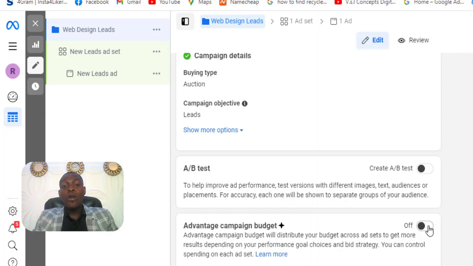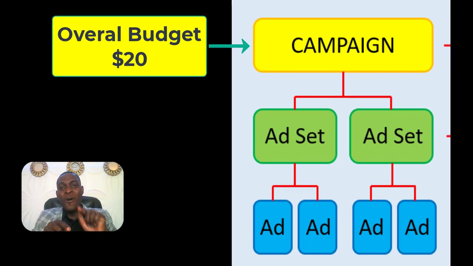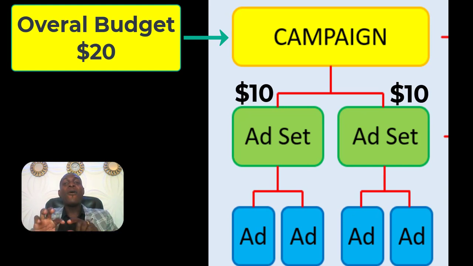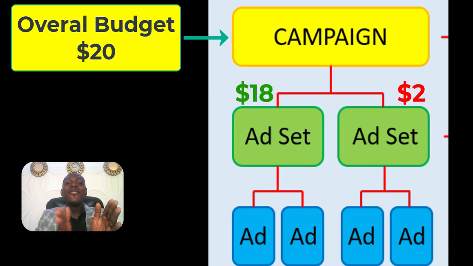Once you turn on this Advantage Campaign Budget, it gives this whole campaign an overall budget. Now, what is the advantage of this? It will look at all the ad sets that you have created. It will split your budget among all of them. The ad set that is performing better, it will invest more of your budget into